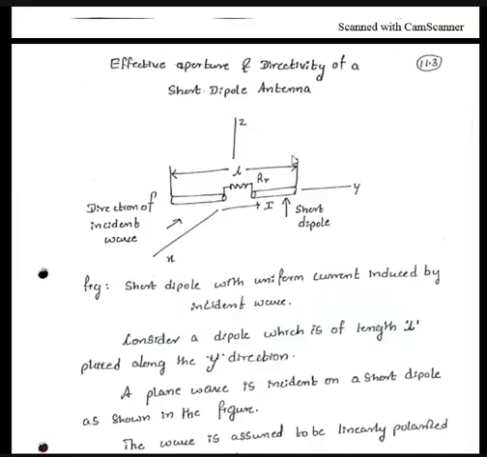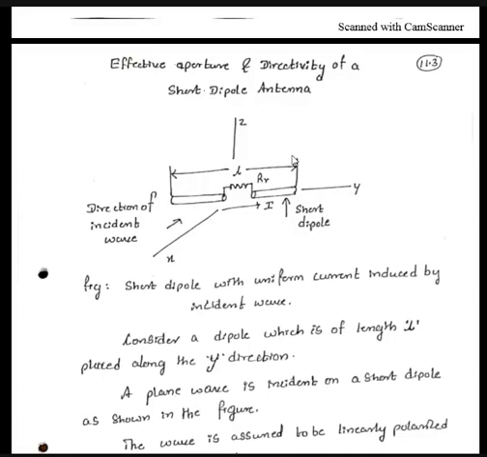Today, I'm going to take the second lecture of the topic antenna basics, module 3. In the previous video, we learned about the basic antenna parameters. What is the definition of an antenna? What is a transmitting antenna, a receiving antenna, and we tried to understand the pattern that has been generated by a particular